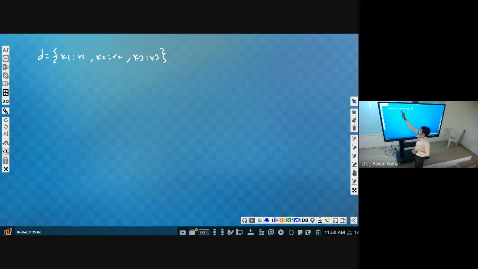That means whenever we delete this, this entire pair will be gone. How can we do it? There is one function called pop. Pop of what? The key, K2, that we have to provide. From where? The dictionary, D. So D dot pop of K2, then it will delete.